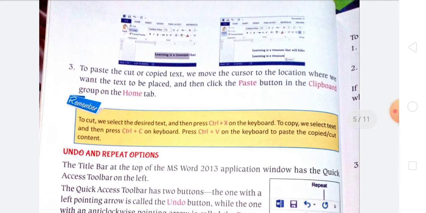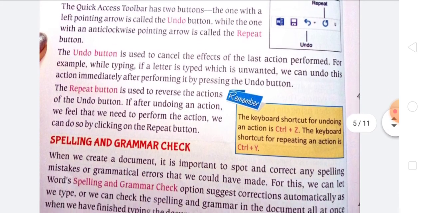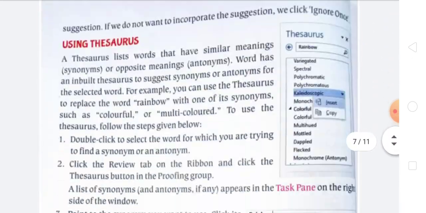To paste the cut or copied text, we move the cursor to the location where we want the text to be placed, and then click on paste. To cut we use Ctrl plus X, to copy we use Ctrl plus C, and to paste we use Ctrl plus V. How to use undo and repeat options, we can see in the next class.